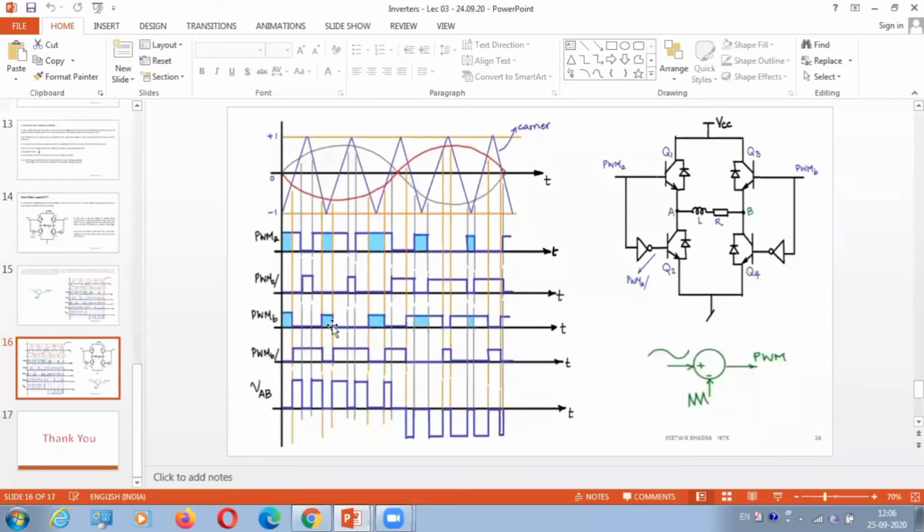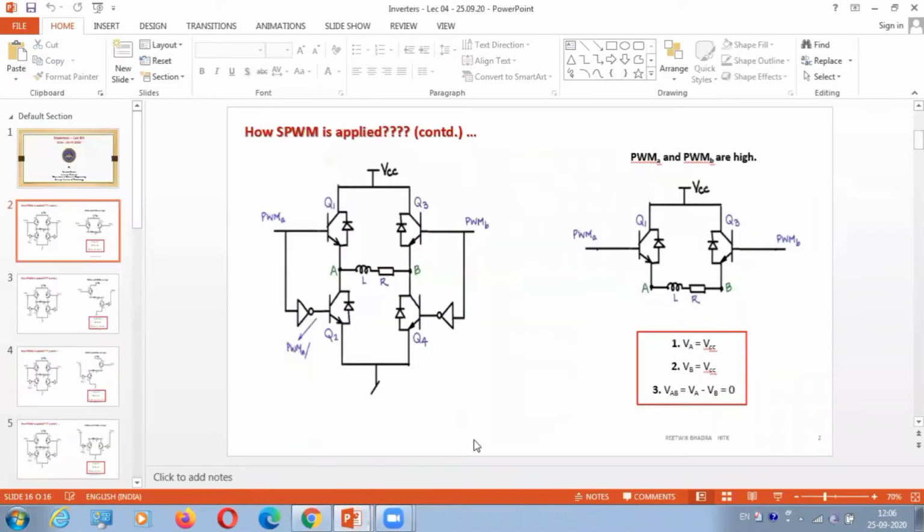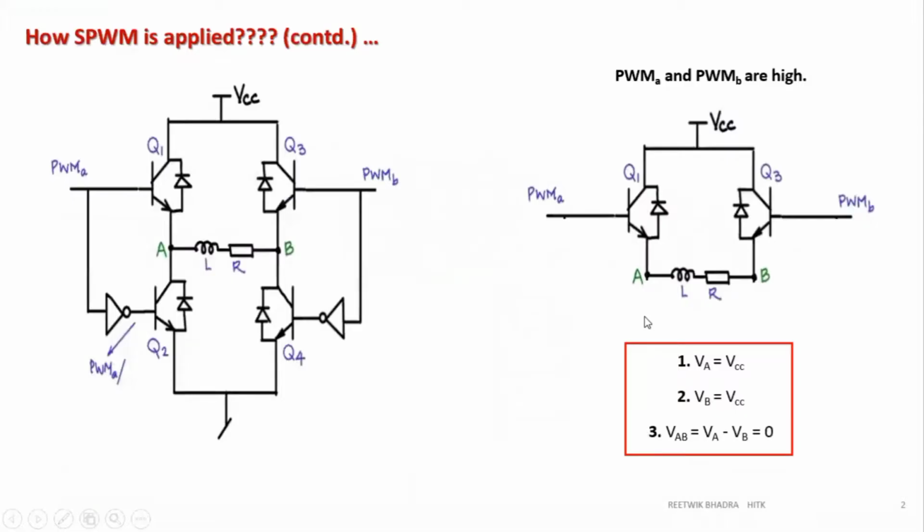If you study this whole waveform for one complete cycle, from 0 to this point, you will see 4 different types of conditions that exist over here. So that is my point of study. That is how I get 4 different conditions. If you analyze the waveform, you'll get 4 different conditions. So the first condition which we will take is PWM A and PWM B both high. That means we are having a positive pulse, 1 1 over here. Both are high, that means both have value 1.